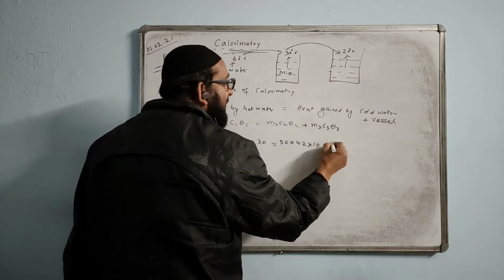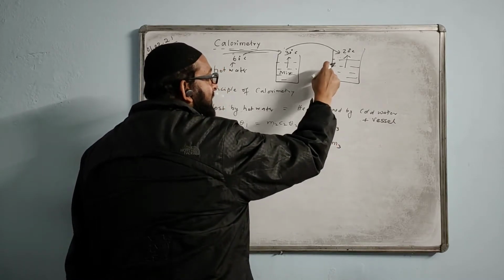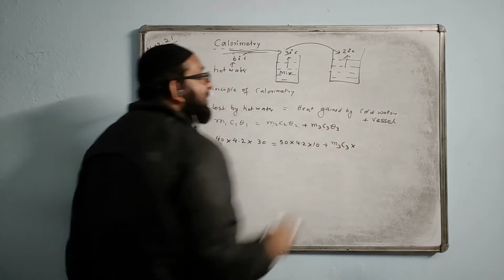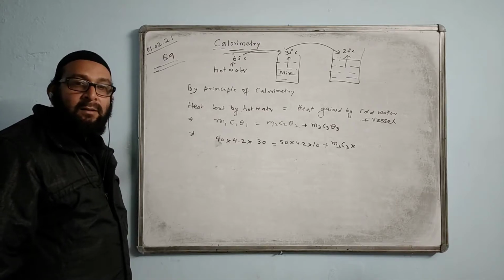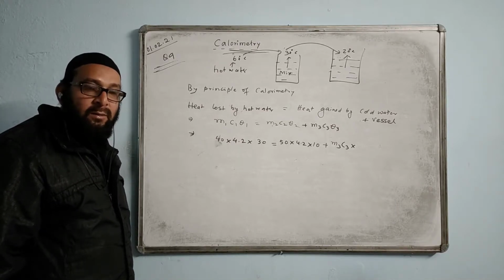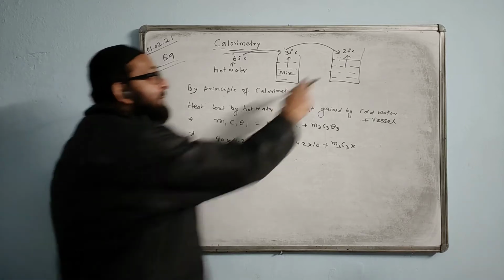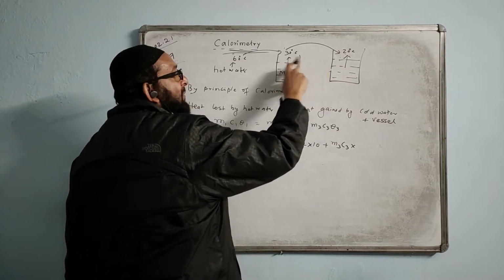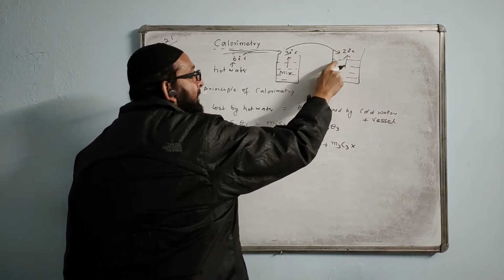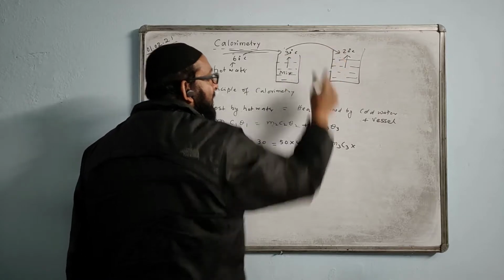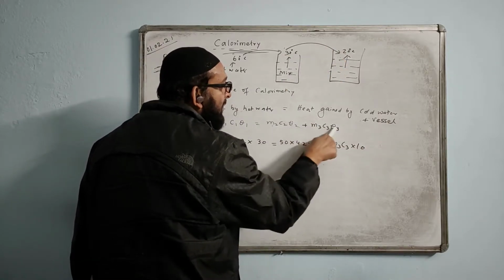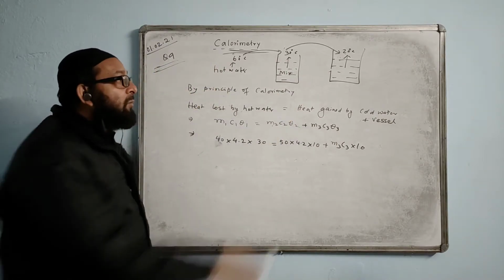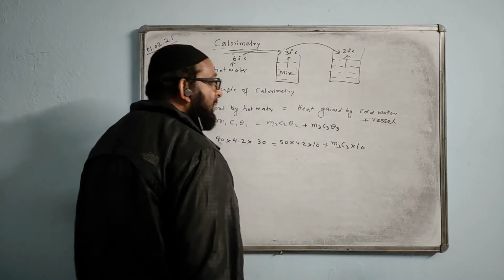The mass of the vessel is not given, keep it as it is. c3, the specific capacity of the vessel, is also not given, keep it as it is. Theta 3, what is the temperature difference for the vessel? It is 10, the same, because the vessel is in contact with the water, so whatever temperature the water has, the vessel has the same. The temperature difference for the vessel is also 30 minus 20, which is 10. This means theta 2 and theta 3 are always equal here, because both are in contact. Whatever the temperature difference for the water, the same will be for the calorimeter or the vessel.